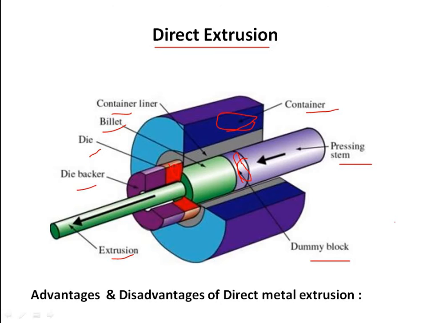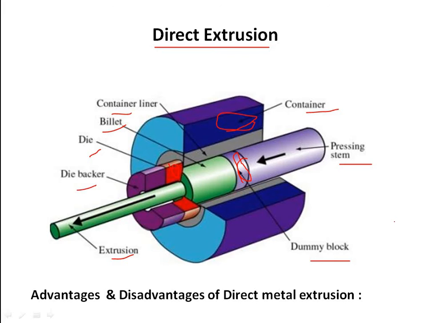Then, while still hot, the part is stretched to straighten. This process is beautifully animated by Core Materials. These are the things. Under direct extrusion, the high friction caused by steels at higher temperatures is reduced using molten glass as a lubricant, while oils with graphite powder are used for lubrication at low temperatures. The dummy block is used to protect the tip of the pressing stem. In hot extrusion, when the punch reaches the end of its stroke, a small portion of the billet, called the butt end, cannot be pushed through the die opening.